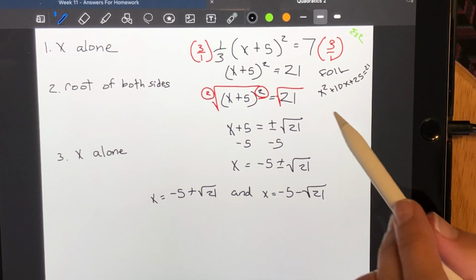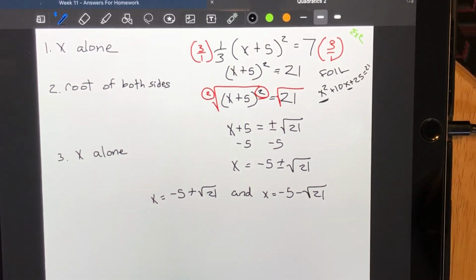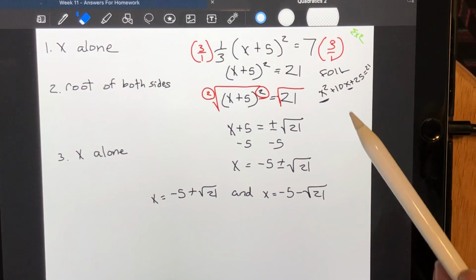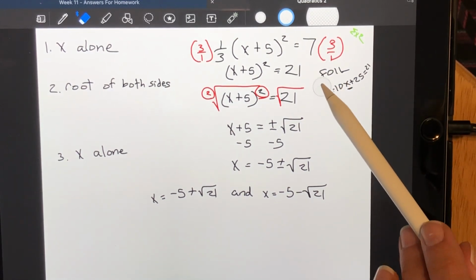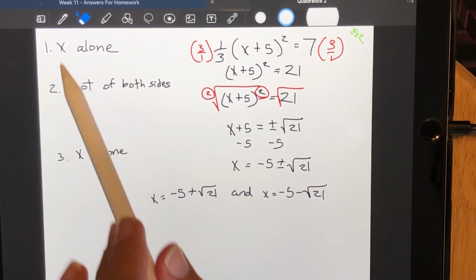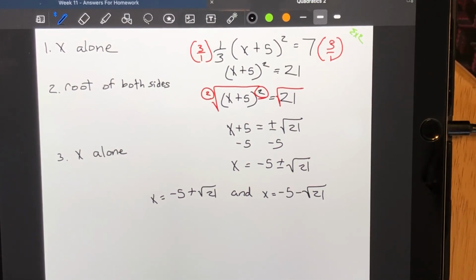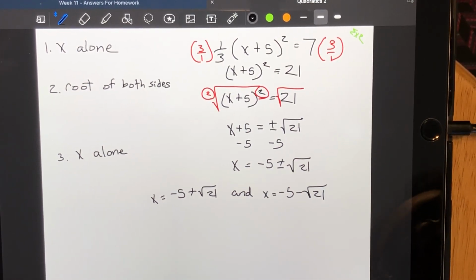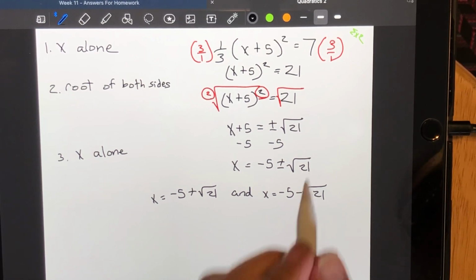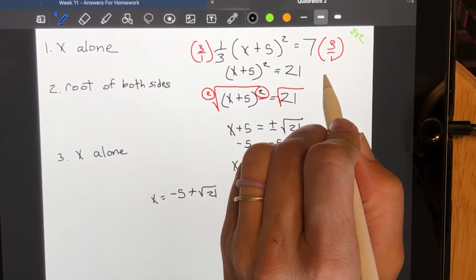Well, that's great, but now you have given yourself 2 terms in 2 different families. So you have not simplified your problem. You've just made the problem more difficult. Our goal is to not make the problems more difficult, but to always be working towards a solution and making this a lot easier. So instead of looking at x plus 5 squared equals 21, what if we looked at this as